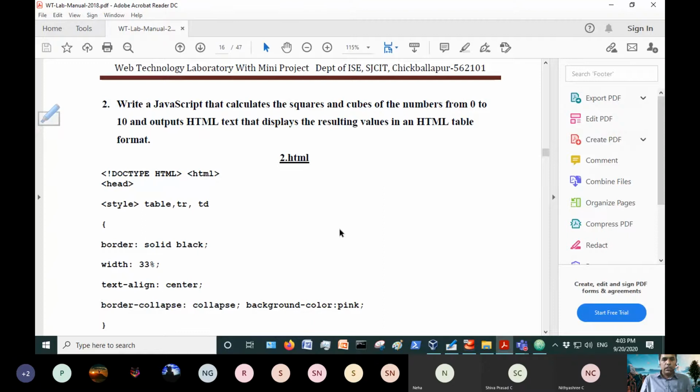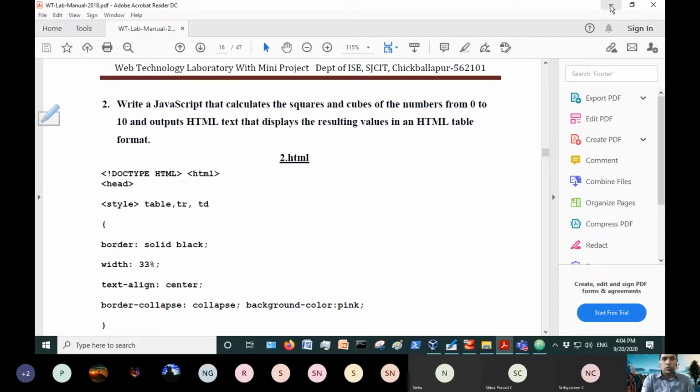So that means this program doesn't have any input. The value of n, which is equal to 10, from 0 to 10, we have coded within the program itself. So it is not necessary to give any input. Once you run this program in your browser, you are going to get the output in the form of a table. Before understanding this, let me run this program on Windows as well as on Linux CentOS and show the output.